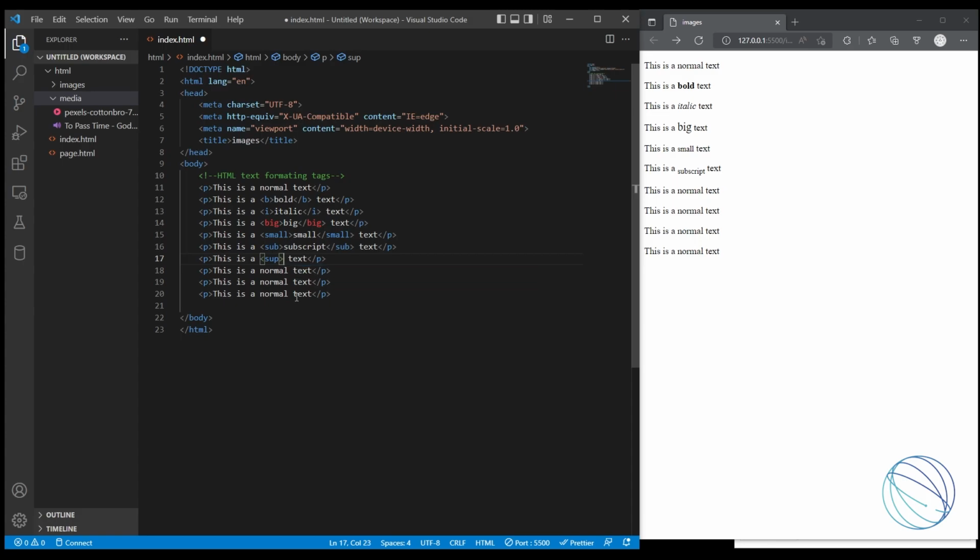superscript text, and superscript, and you can see that here superscript text, and this is an insert text,